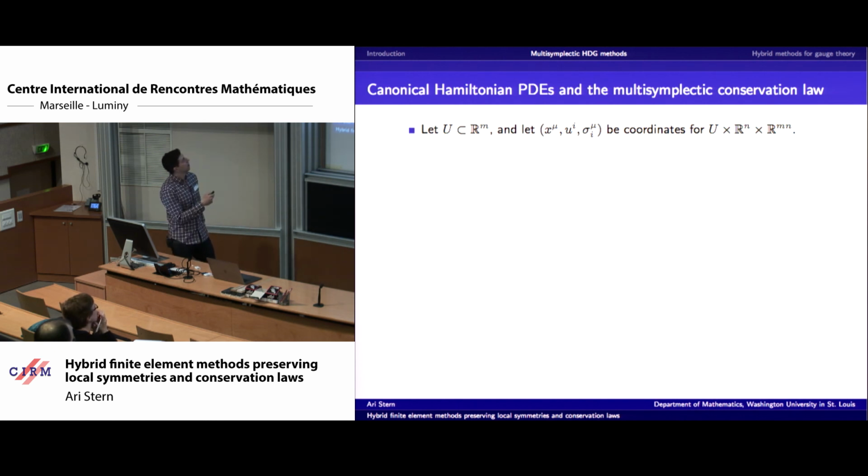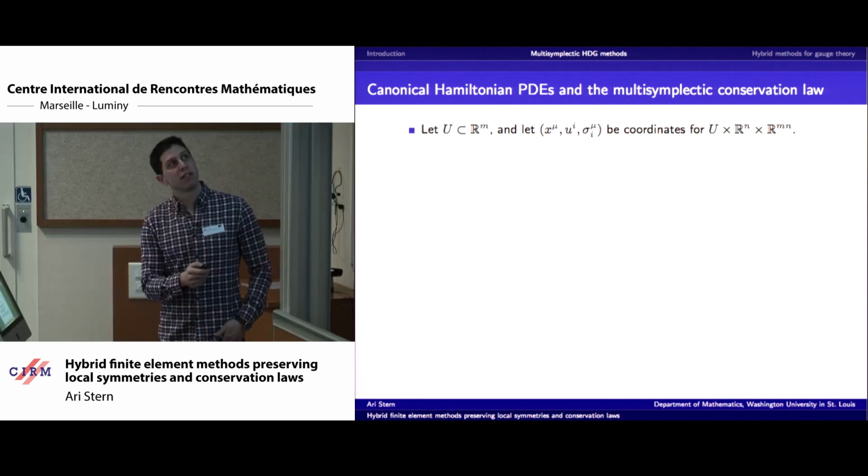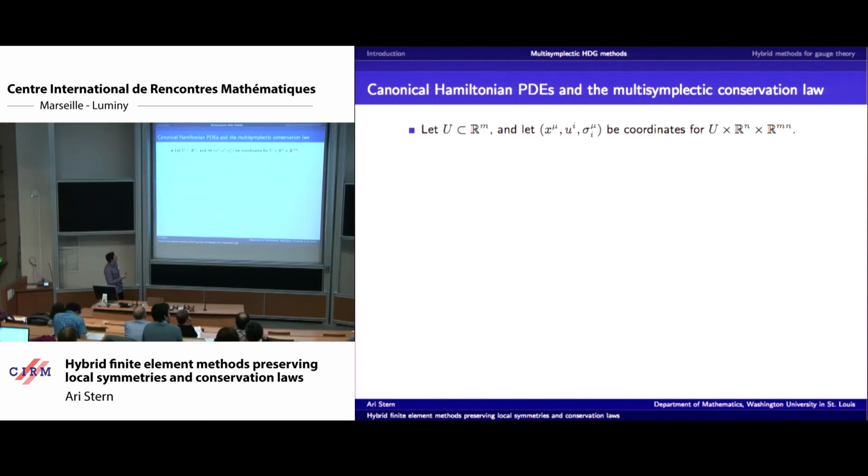I assume that I've got a domain U in R^m, Euclidean space, right? And my phase space here, I'm going to look at U cross R^n cross R^{mn}. So I have n variables, u_i, and if you're used to thinking of Hamiltonian mechanics, my u's are like q and my sigmas are like p, right? Except, right, if I'm only in